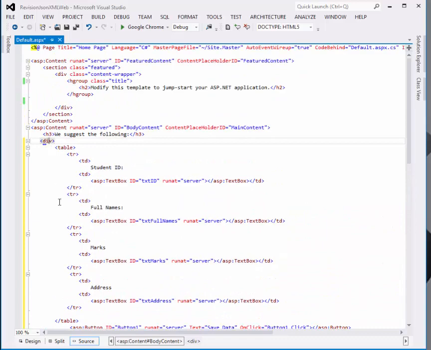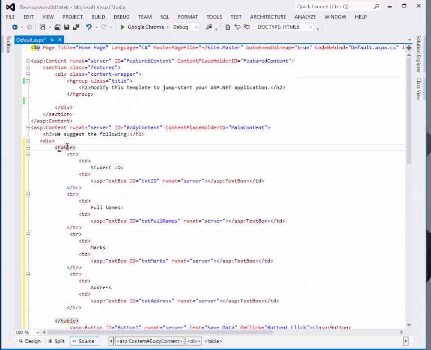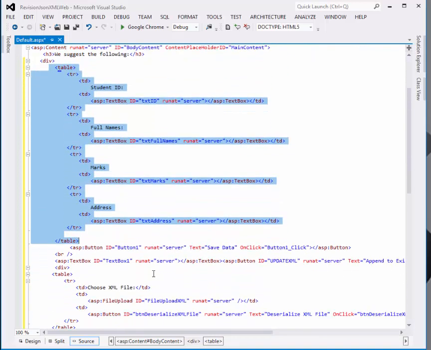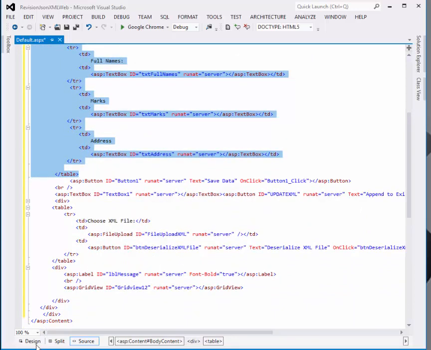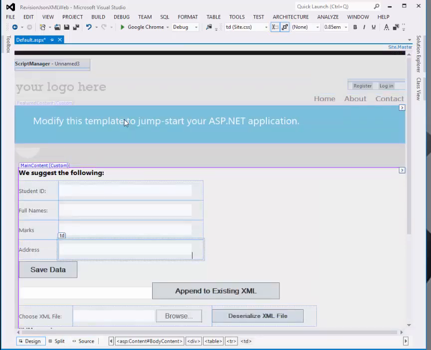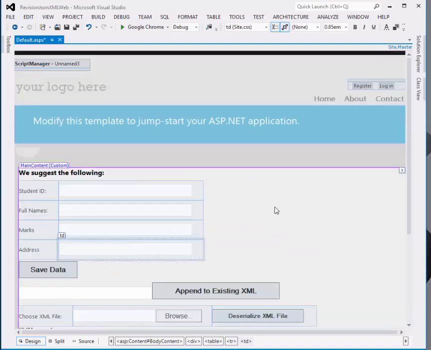What I did here is create a division, I opened it here in my division, and first put a table in. This table will help me capture student ID, full names, then a max, then an address. So the design I have made so far is this one. So I'm having my table, then I'm having a button to save data, append to existing XML, to browse and to deserialize. The first thing I'm going to use is XML